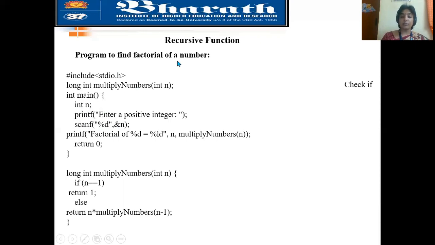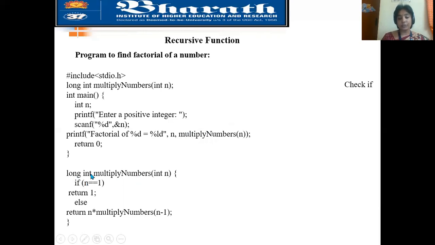We are going to find the factorial using a recursive function known as multiply numbers. Multiply numbers is my recursive function, and it is going to accept n as a parameter.